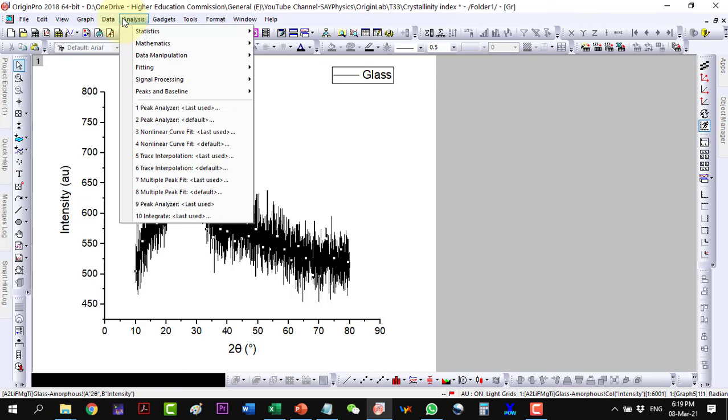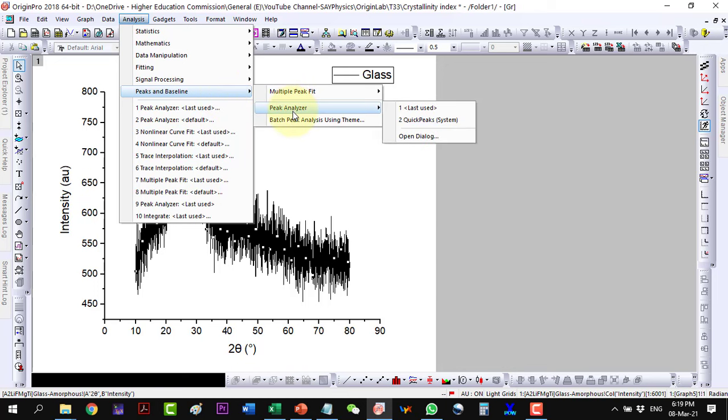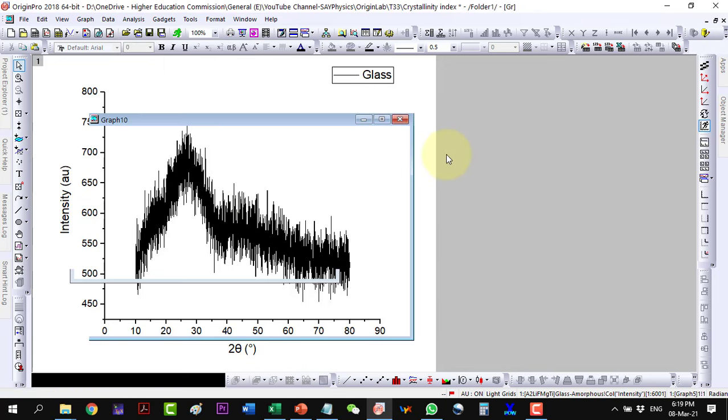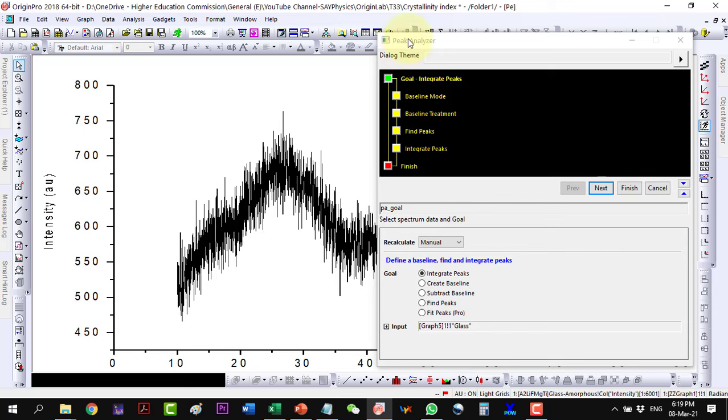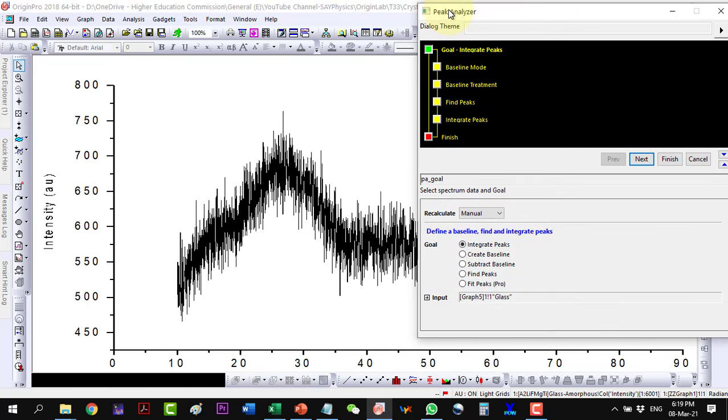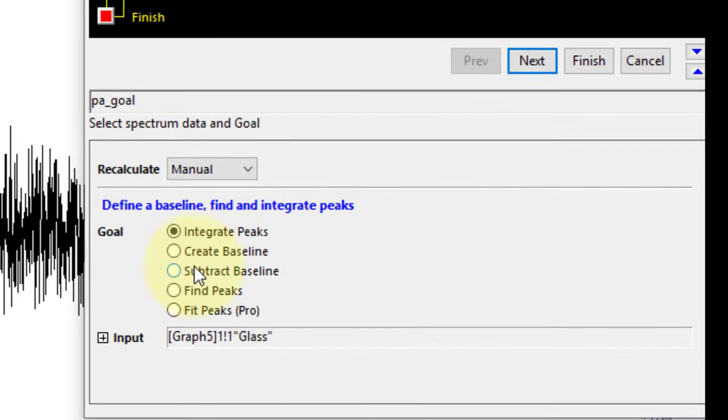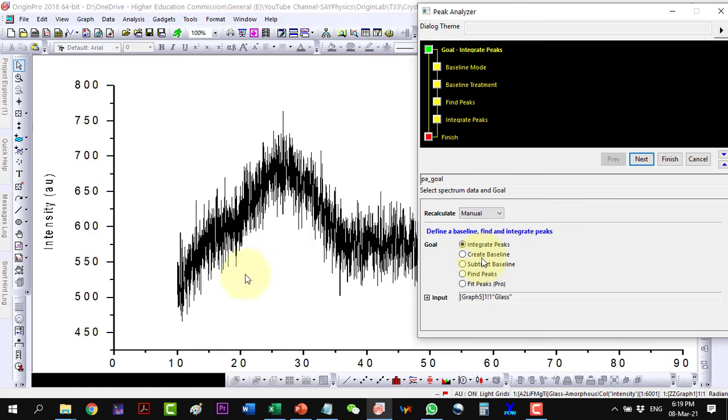So go to Peaks and Baseline, Peak Analyzer, and then open the dialog. And here we will have to go on to integrate the peaks. We will not create a baseline because this one seems right, as it is an amorphous material.